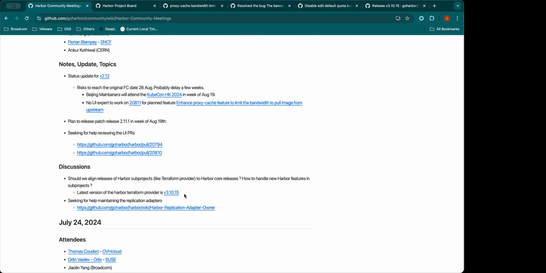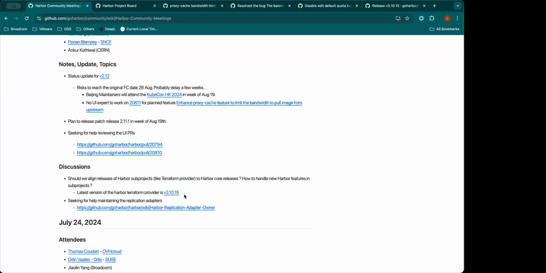Conventionally, when Harbor core bumps up the minor version, if we follow the same paradigm, I think at this time you can also bump up the minor version of your Terraform provider. So that will be 3.11.